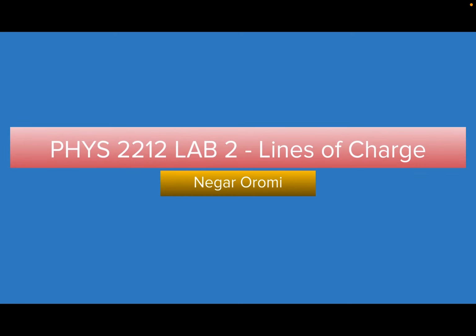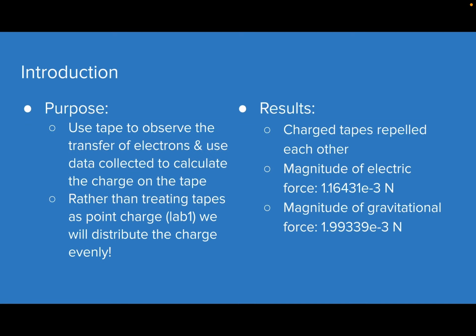And this is lab 2, where we look at lines of charge. In this lab, we use tape to observe the transfer of electrons and use data collected to calculate the charge on the tape. And rather than treating the charge on the tape as a point charge, we will distribute the charge evenly. And the results are that the charged tapes repel each other and that the magnitude of electric force was